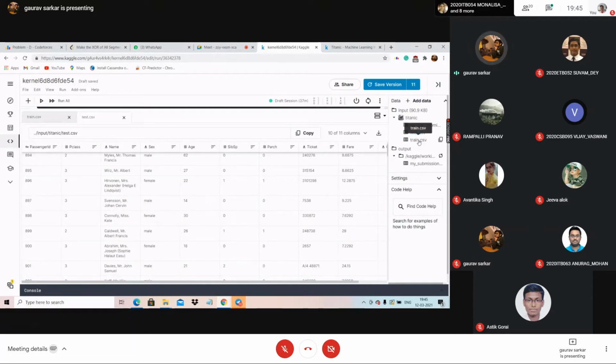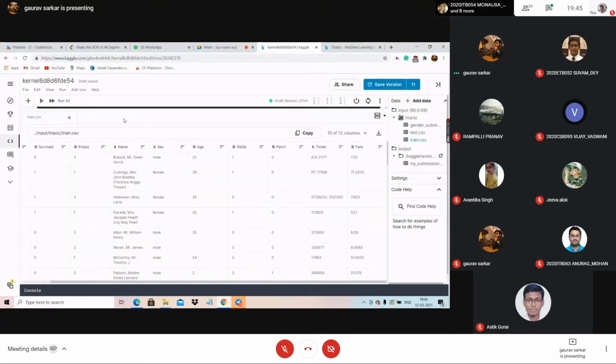Okay, let's open the trained dataset once again. The trained dataset and test dataset are almost the same. The only difference is the survived column is not present in the test because you have to predict it. So now it's very simple. Someone can tell me, okay, feed all these headings. There are 12 columns. So feed the machine with all these 12 columns, and then the machine will be trained. Based on that, we give the test data to the model, and it will predict the answer. So basically very simple, right? It seems very easy, right?